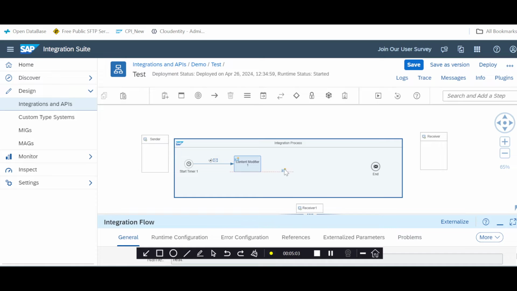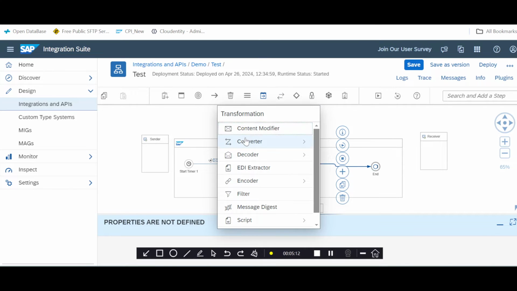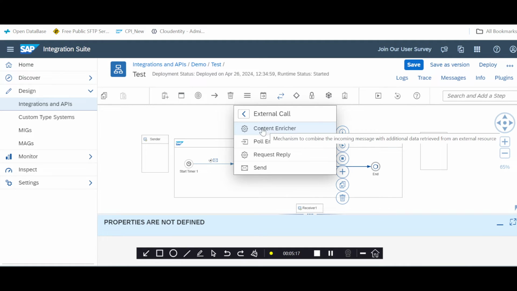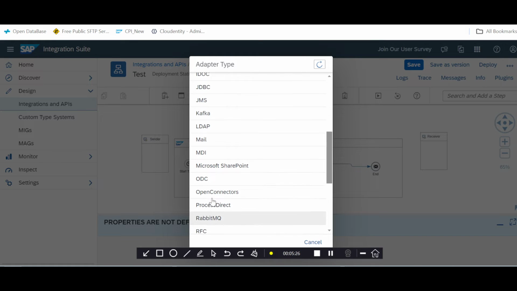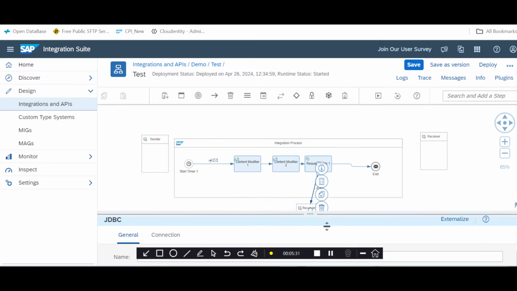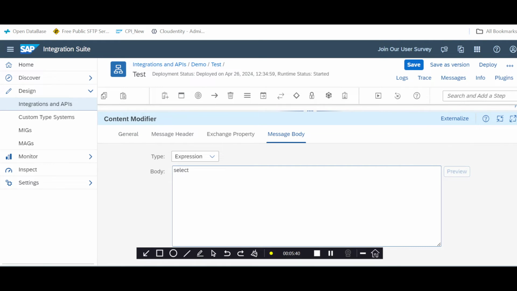I will take one more content modifier here. Suppose let's say this is a JDBC scenario. Request reply, JDBC. Here don't give any name. Suppose here you want to give some JDBC SQL query: select EMP ID, EMP name, EMP salary from the EMP table where last